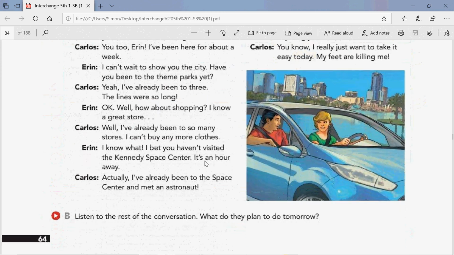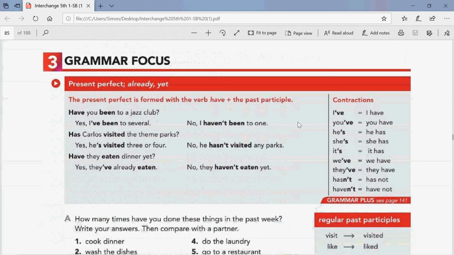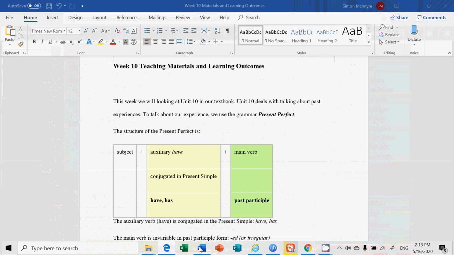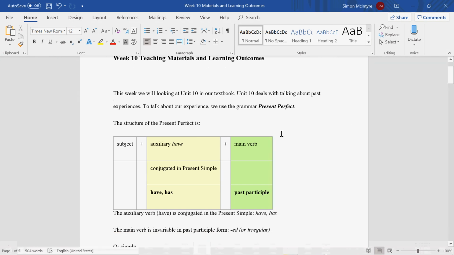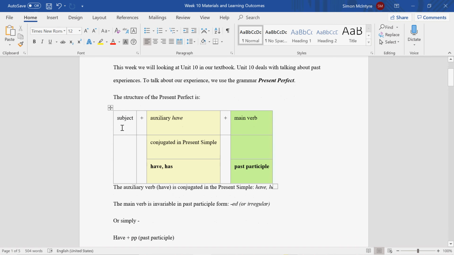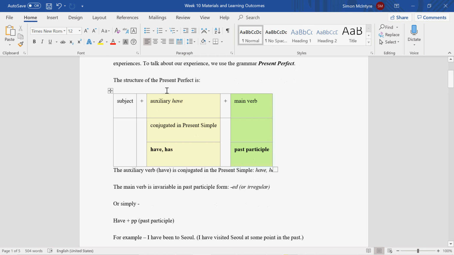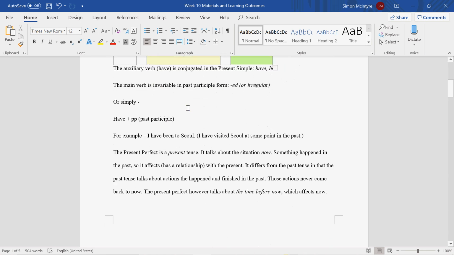Now it's very important that you review the textbook for yourself and read these things. I've put a little explanation here in the material looking at present perfect tense. The structure, right? The subject plus have plus main verb. So we use the past participle. Have given, have been arrested, have traveled are examples of the present perfect. So have plus PP is the simple form for present perfect.